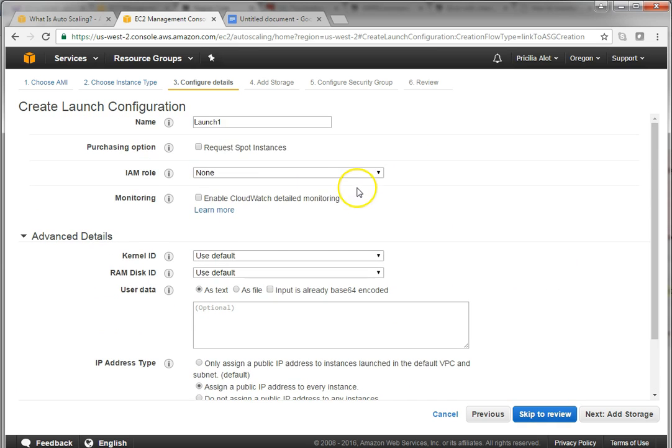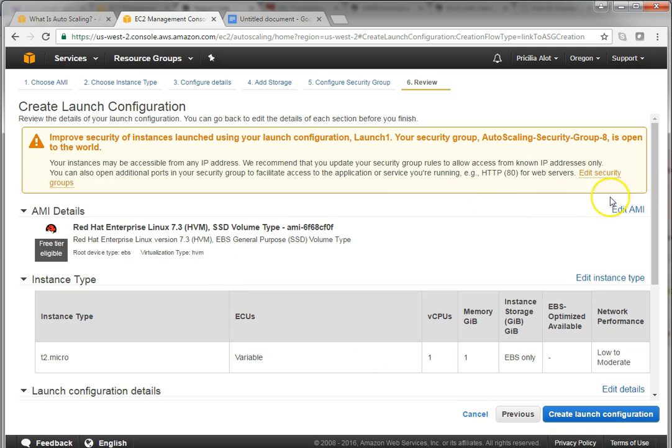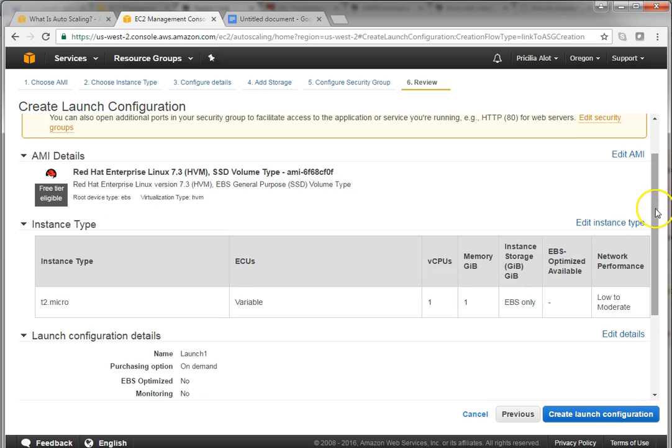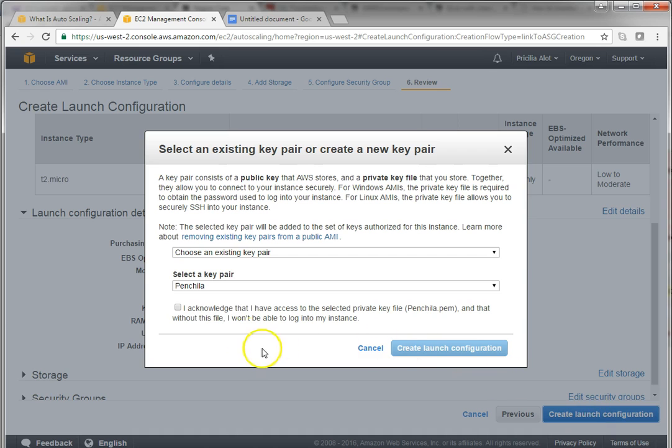And now that we've defined what we want in this page, we'll go ahead and click on skip to review page. This is the review page. This is the page where you can make your edits. If you wanted to edit the instance type, you click here. If you wanted to edit the details, you click here. But if you are fine with the details as they are here, there's the name. The option is on demand, not optimized. If you are happy with the details here, you can go ahead and click on create launch configuration, and